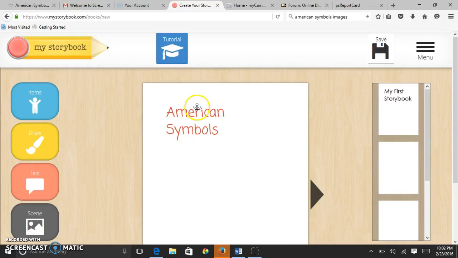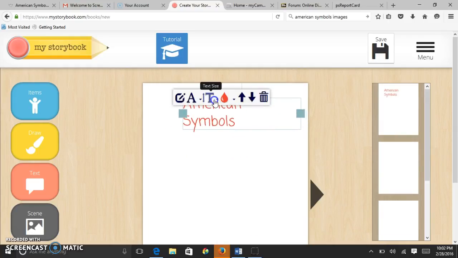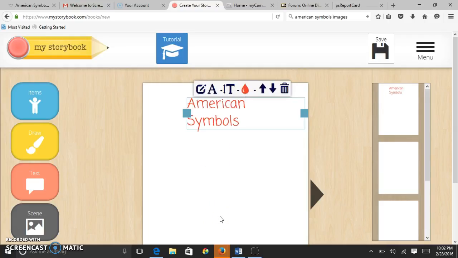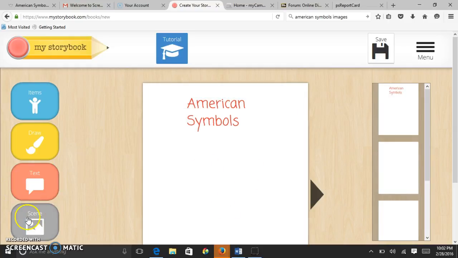So one thing that I wish that you could do is align it like center or left or right, but as long as you can move the little box around, then you can probably adjust it to how you want. So there's my title, and then to add a picture,